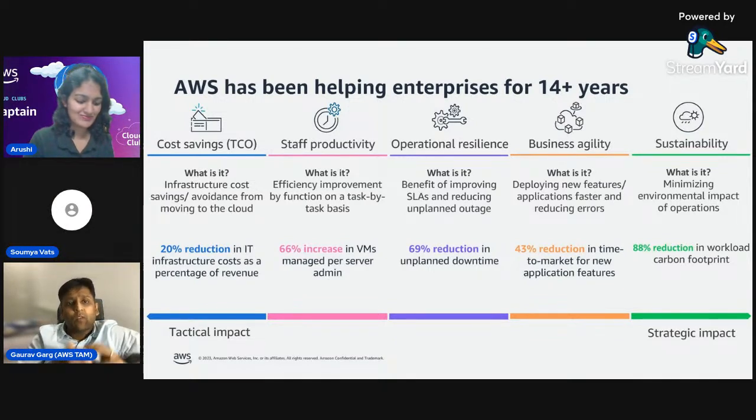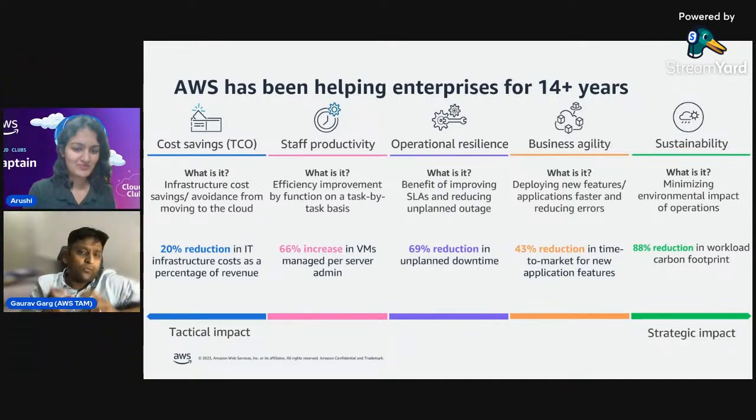Okay. So cost savings. I think I talked about cost savings, but this is where there is a concept of TCO, or total cost of ownership, that comes into the picture, right? Because you're not owning the hardware, you're just using it. You are easily able to migrate to the newer versions. And then overall, there is at least 20% reduction in your IT infrastructure cost. Now, this is especially true for an organization, but even for students who want to get started, AWS provides free tier. What I mean by free tier is there are certain services, if used with the proper guideline that's mentioned,